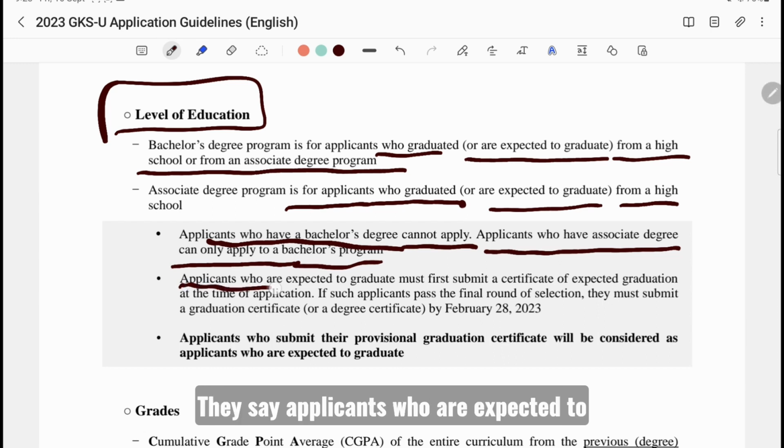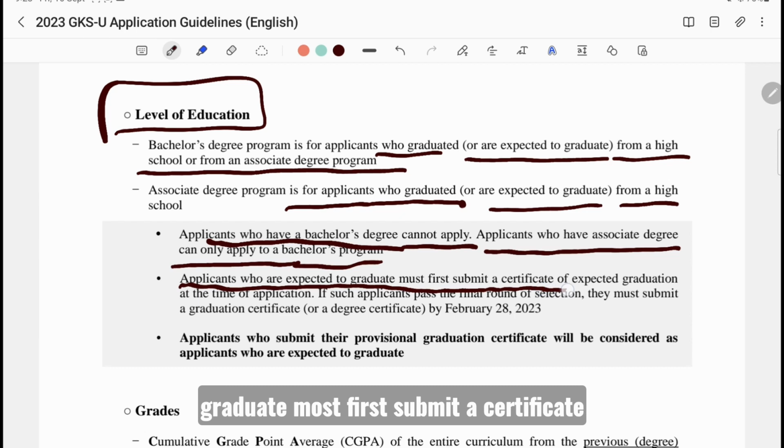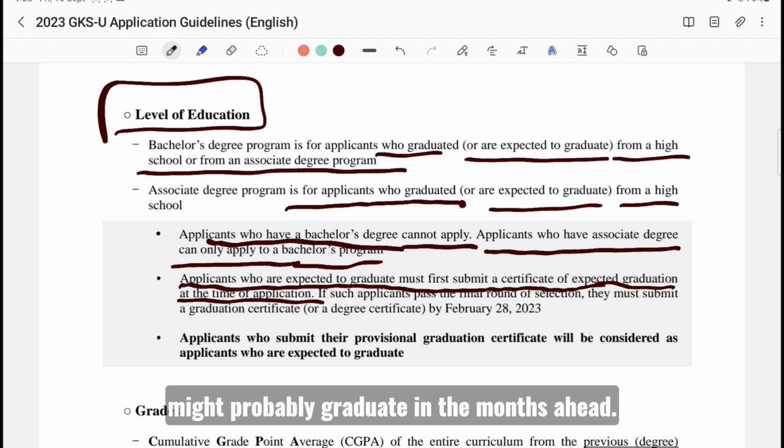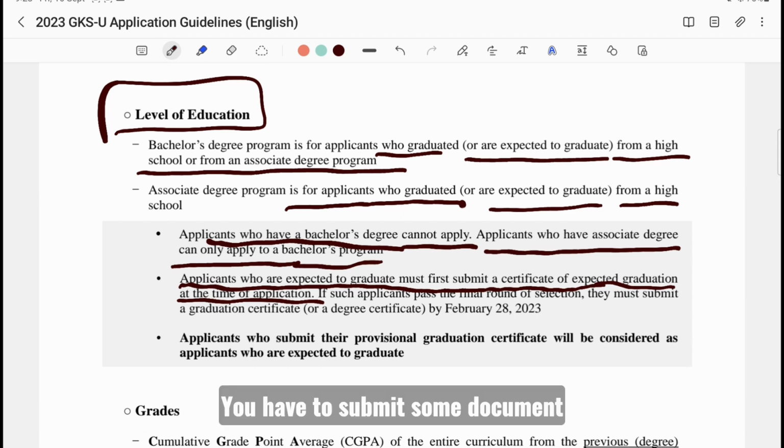They say applicants who are expected to graduate must first submit a certificate of expected graduation at the time of application. So you have not yet graduated, and you might graduate in the months ahead. You have to submit a document that shows that you will graduate in the months ahead. And if you fall in that category, this is the second condition.